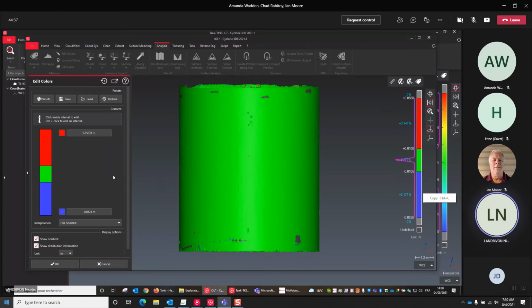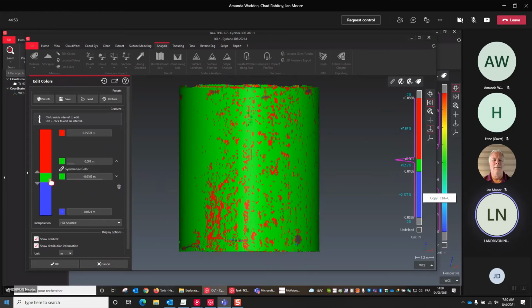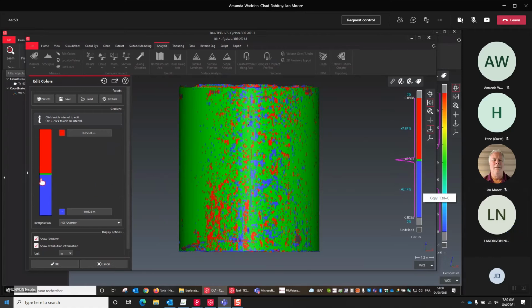So what you have to understand is that this is, for instance, a tolerance. If you want to highlight only in green, but you can change the color, a certain tolerance, you can modify that. For instance, you can check if there is 1 millimeter and minus 1 millimeter. Very small, so let's make it a little bit lower.